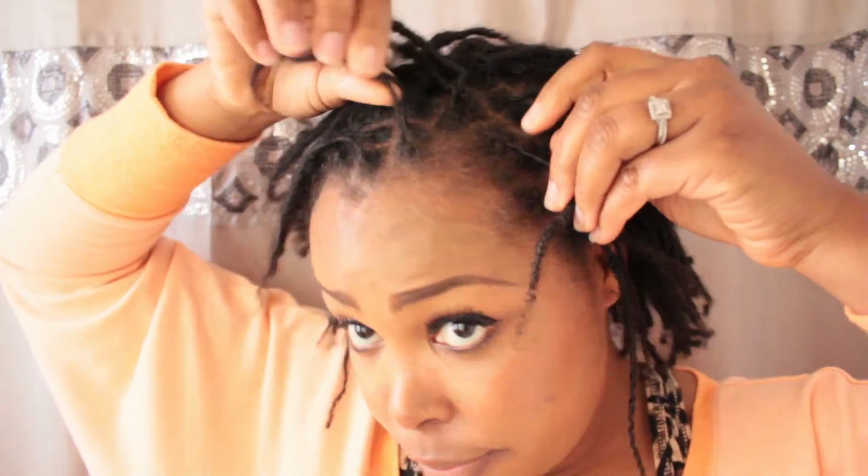So let me give you an example of what happens. So here's a split one. There we go. Now you can see it's like a little V. Here's a split one here, and the best thing to describe is once you get to a certain point, this is a process, by the way. So you're going to basically wear your hair like this, and like when I first started the video, you had no clue that I split my hair. So it's not very obvious as far as the process of this, but if you just split your locks in half,